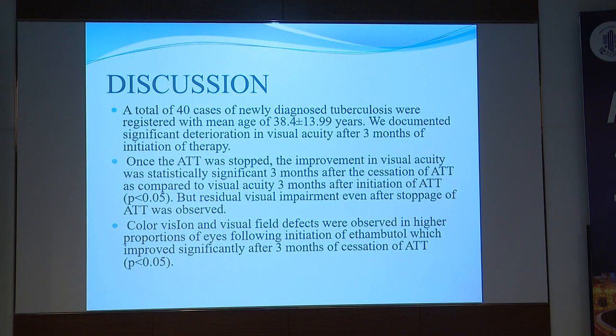And the p-value was less than 0.05, which proves that it's statistically significant. Color vision and visual field effects were observed in a higher proportion of eyes following initiation of ATT therapy, ethambutol precisely we are focusing on. And this also improved significantly after 3 months of the cessation of the therapy,